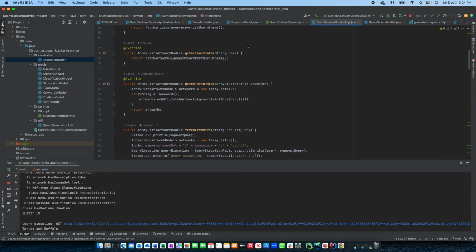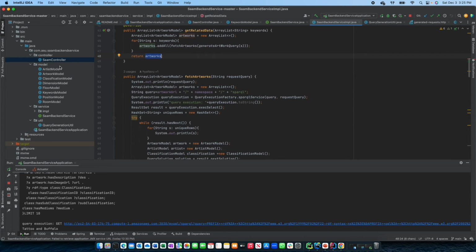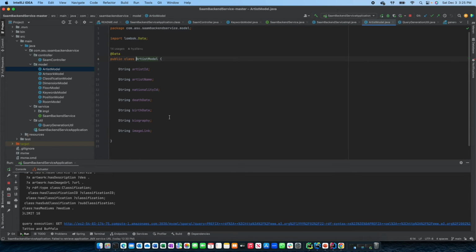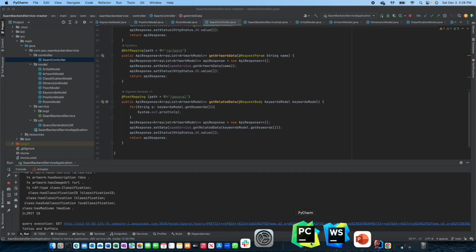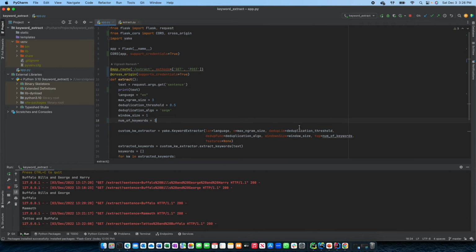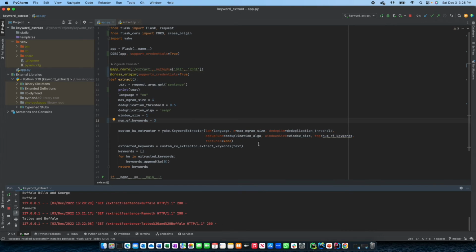For the general query, we are getting a list of keywords which are generated from an NLP model, and we have several models which we have created so that we can map the result set. I'll go through the Python code which generates the keywords from the input string. So this is a simple Python script. It's a Flask